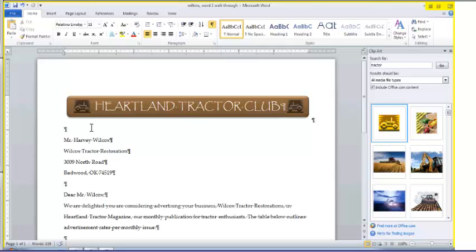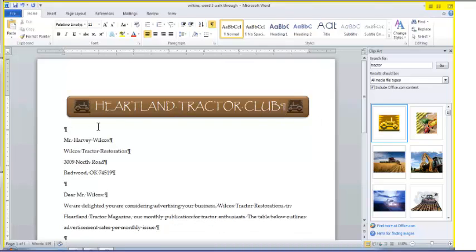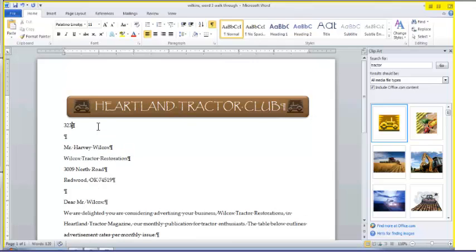with our shape. Okay, now we're going to actually put an address down below it. This would complete the letterhead of a company. Okay, you can see that my cursor is down here at the bottom. Okay, if I start typing, it's going to bring it down to the next line, which is perfectly fine. So we're going to go ahead and type in an address. Let's go ahead and type in 323